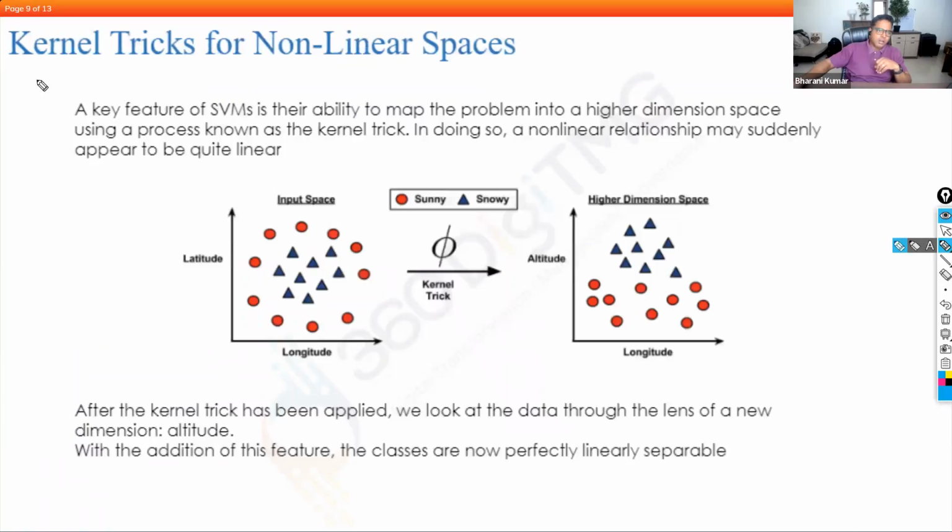Or we have something called kernel tricks, which are used to handle nonlinear boundaries. If you look at this image here, you have all the triangles and then you have the circles. Using a single line, you cannot segregate the triangles from circles. So the moment you apply a kernel trick, which is nothing but some math operation,